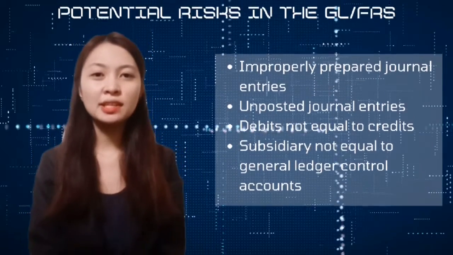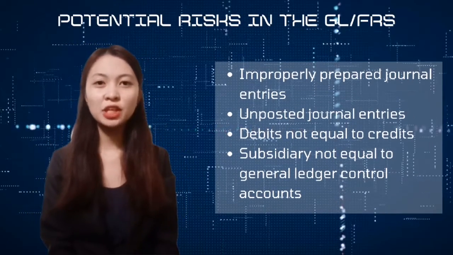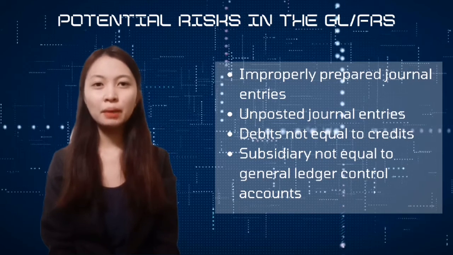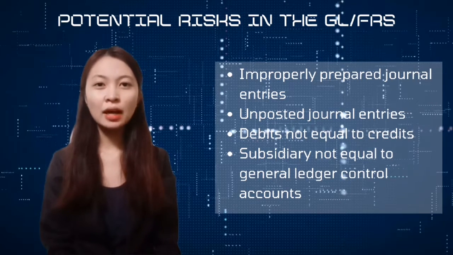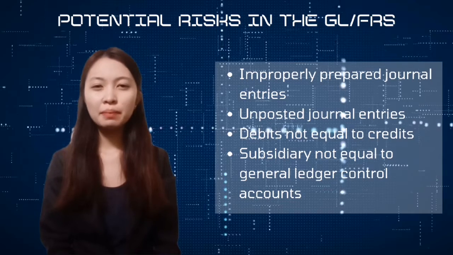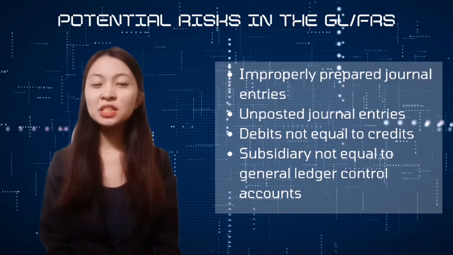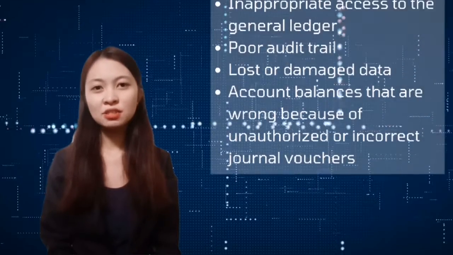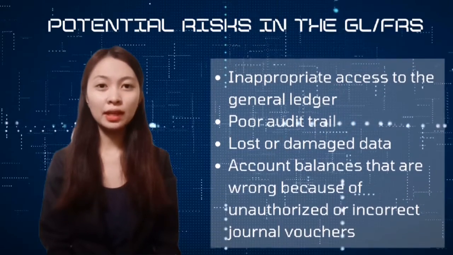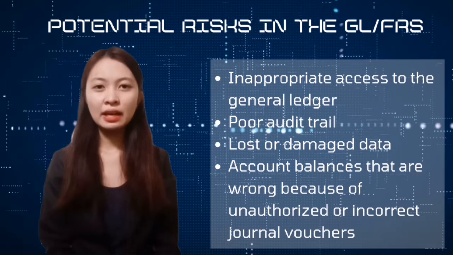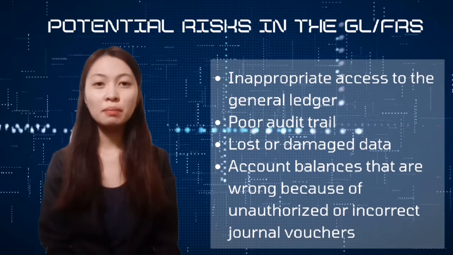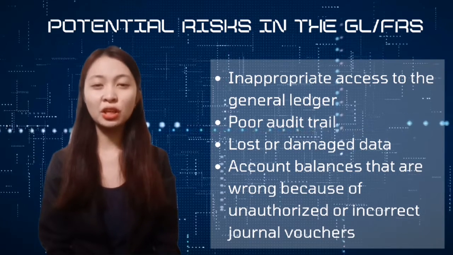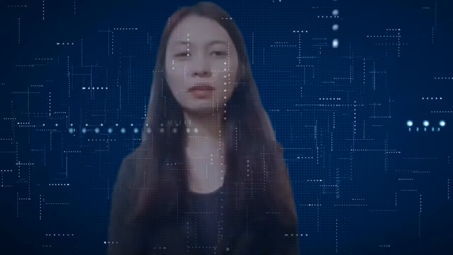There are also potential risks associated with general ledger and financial reporting systems such as improperly prepared journal entries, unposted journal entries, debits not equal to credits, subsidiary not equal to the general ledger control accounts, inappropriate access to the general ledger, poor audit trail, lost or damaged data, and account balances that are wrong because of unauthorized or incorrect journal vouchers. Now let us move on to the advantages and disadvantages of